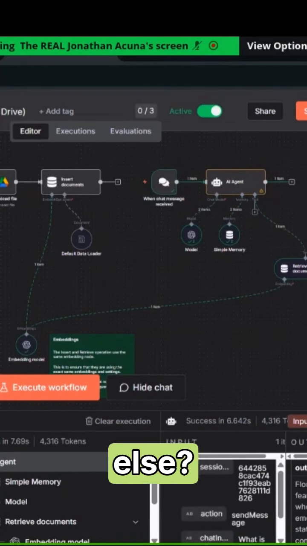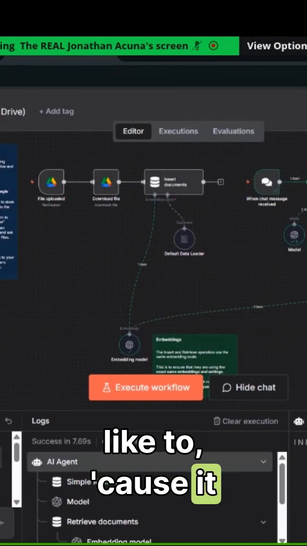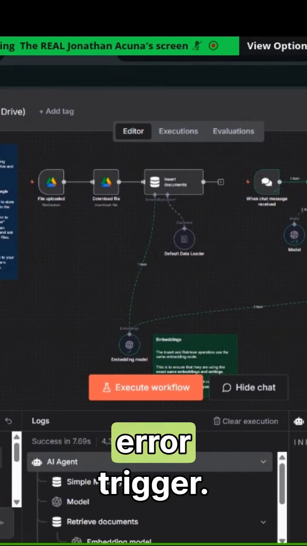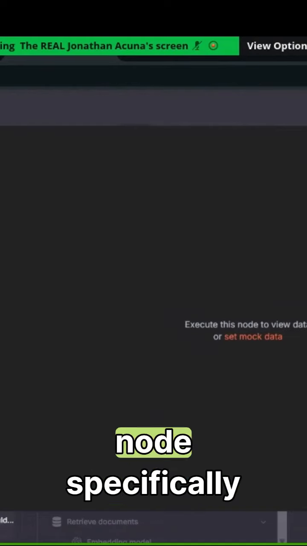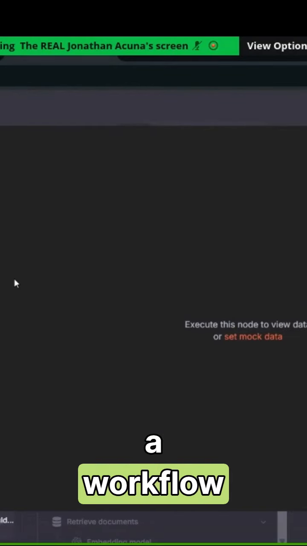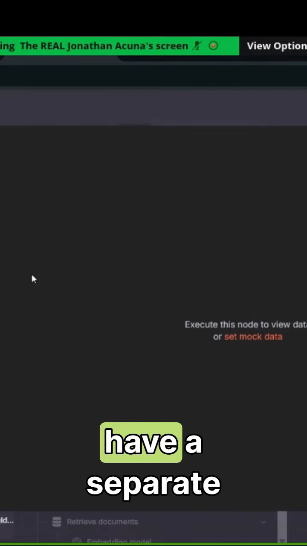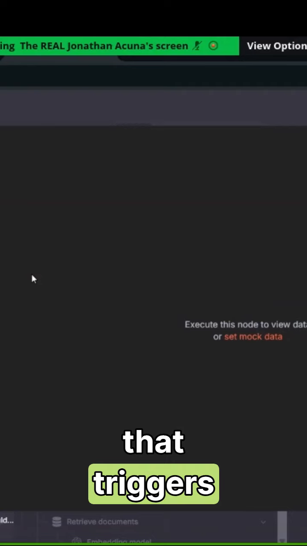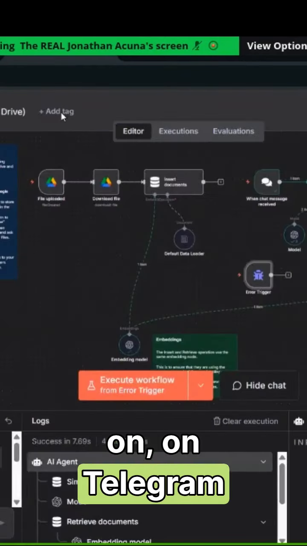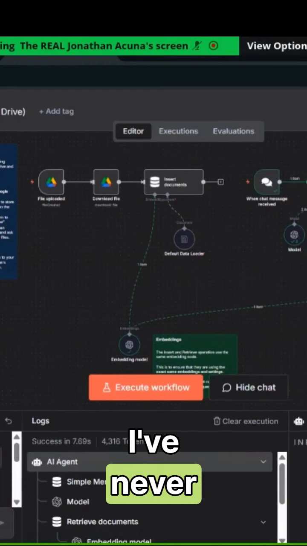Let's see what else. This is another thing I haven't really used myself, but I'd like to because it looks pretty cool. You can add a trigger. Look at this, the error trigger. There is an entire node specifically for watching a workflow for an error message. And whenever one pops up, you can have a separate workflow that triggers on that error message and sends it to you on Telegram or on Slack or something like that. Really handy, I'm sure, but I've never had to